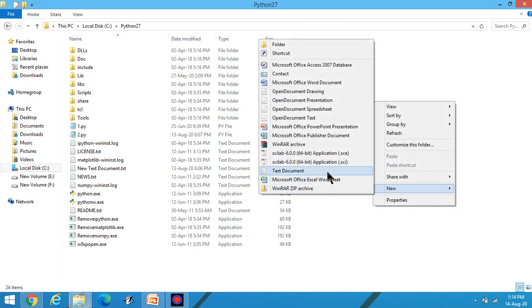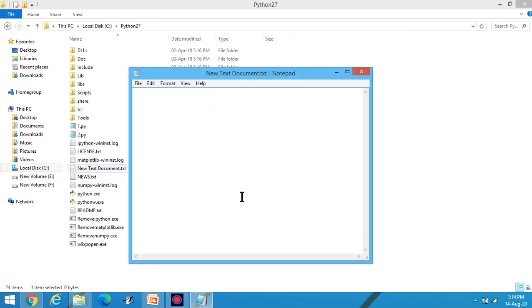Now write a program. Suppose I write here print. Suppose I write sum of 3 and 4 is equal to, then 3 plus 4, like this.